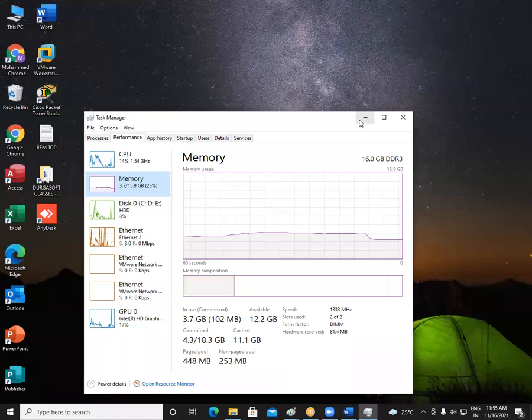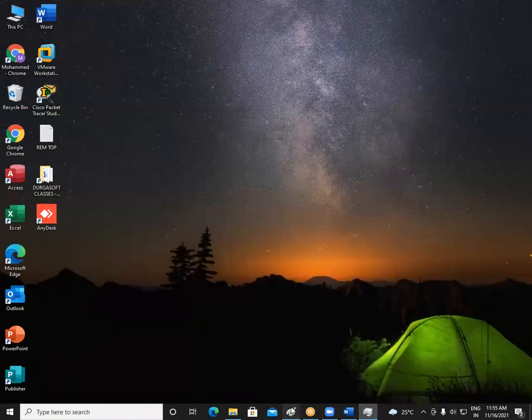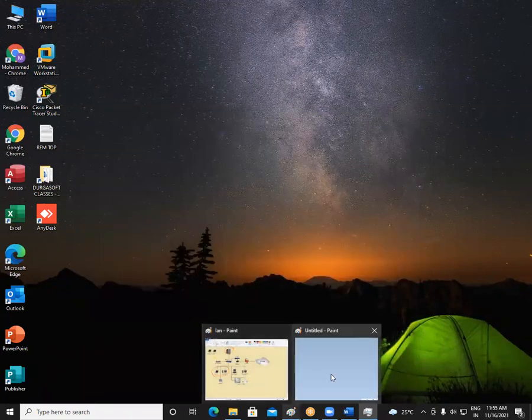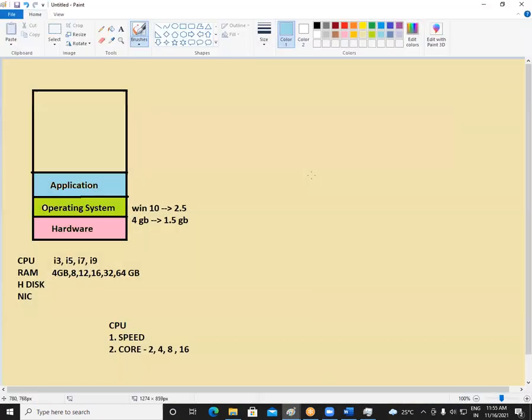That means whenever you start running some applications on a computer, the computer will start consuming more memory from your machine. So if there is only 4 GB RAM available in your computer, you can run the Windows operating system and 1 or 2 small applications. You cannot run multiple applications there.